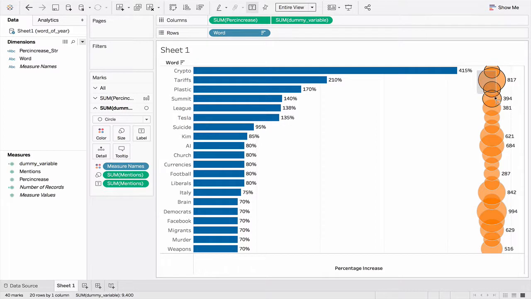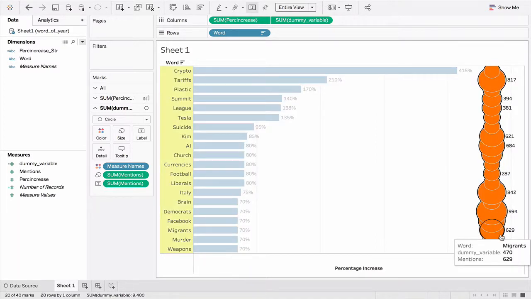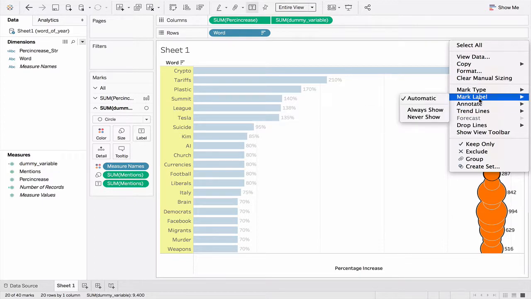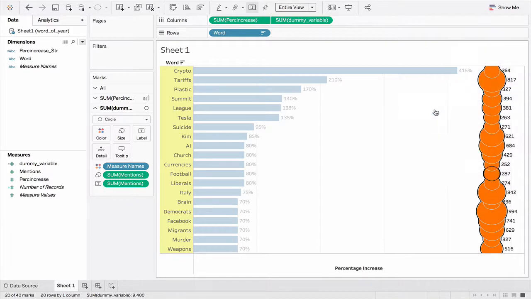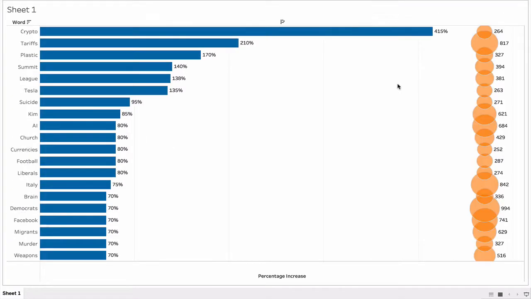So what we'll do is select all the bubbles firstly, then right click and change this mark label option to always show. And let's quickly see the output in full view. Great, so all the options are there, all the text is there, but however it's outside the bubble, so let's